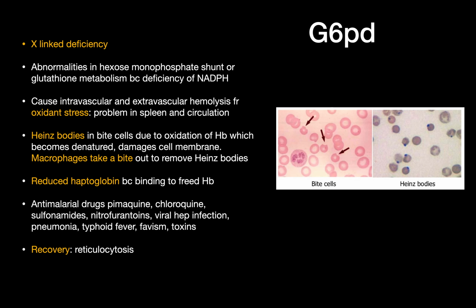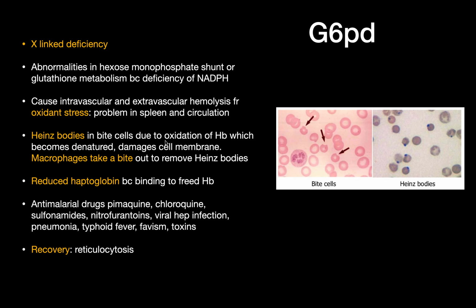G6PD is an X-linked deficiency where there's a deficiency in NADPH. There is a problem with the glutathione metabolism, and that's going to cause oxidant stress. And the oxidant stress is going to cause the intravascular and extravascular hemolysis. So combo problems in spleen and circulation. It's characterized by these bite cells where an oxidation of hemoglobin